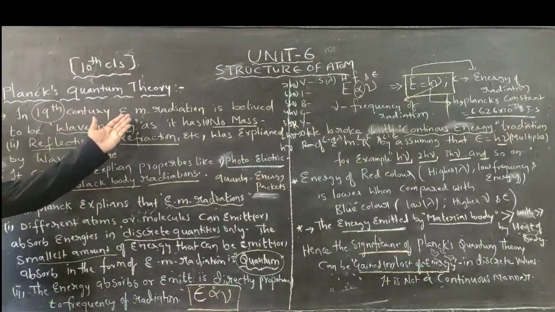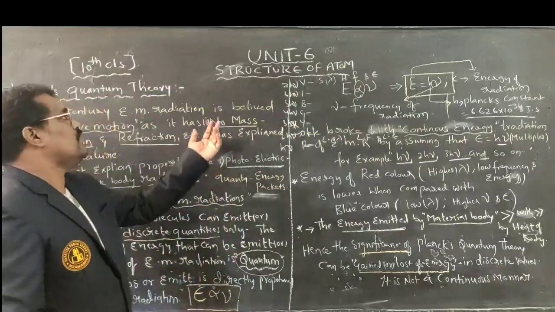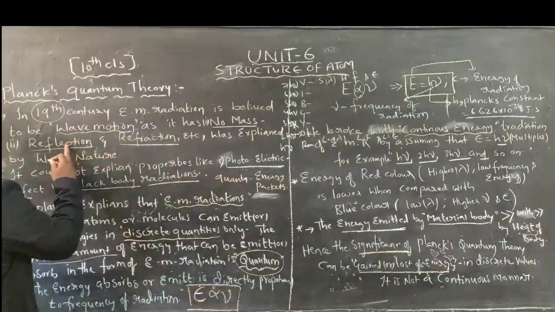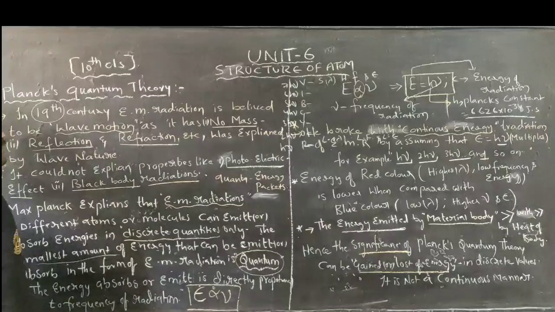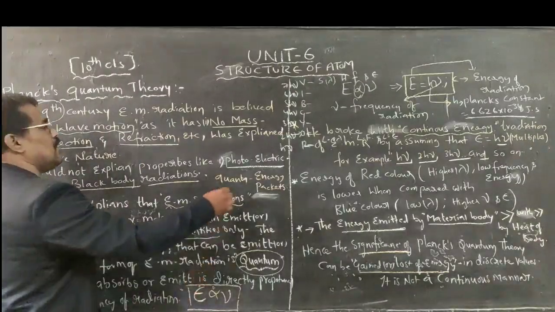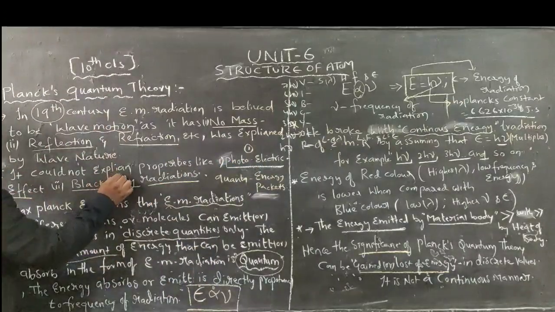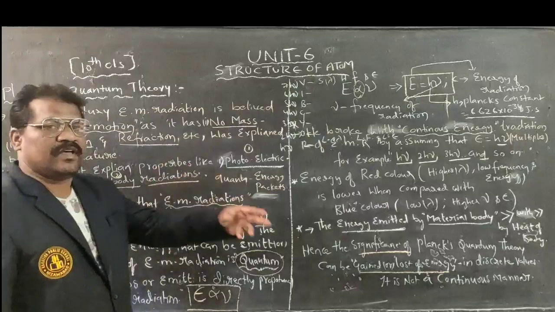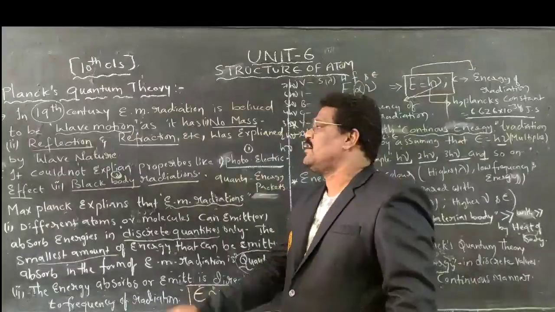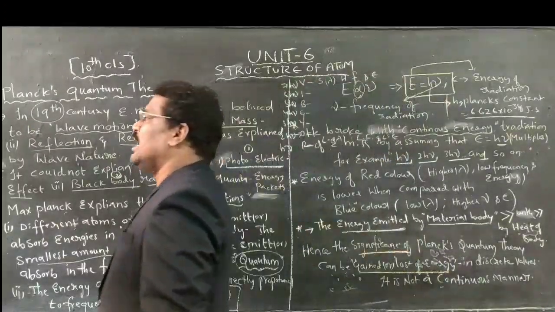Based upon the wave nature, electromagnetic radiations are radiations which don't have mass and can explain only two properties, that is reflection as well as refraction. Second, it could not explain properties like the photoelectric effect. Simultaneously, black body radiation, the interference concept and the diffraction concept were not explained by that particular theory in the 19th century. Later on,